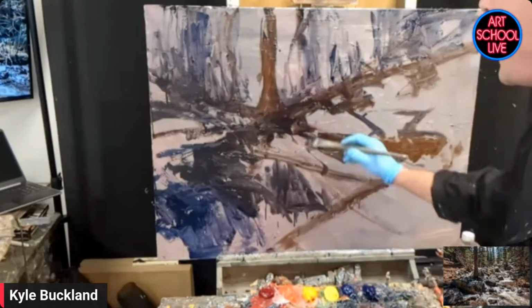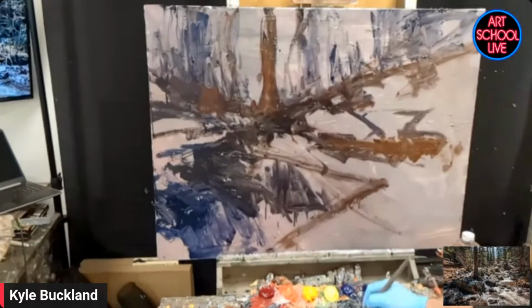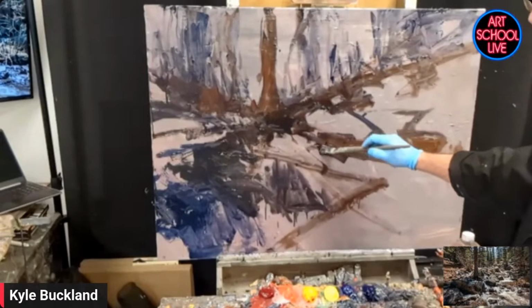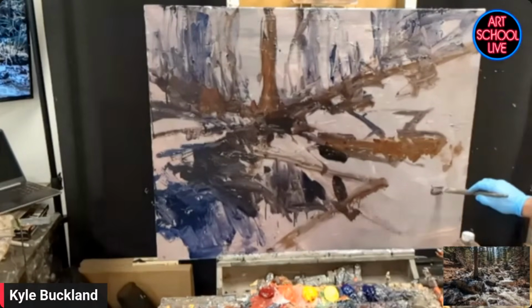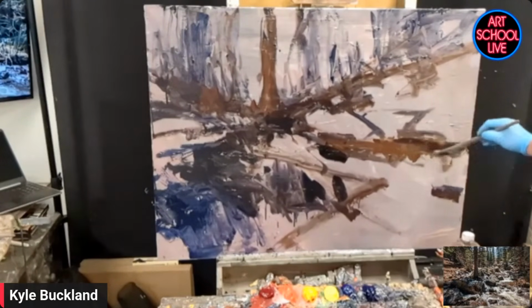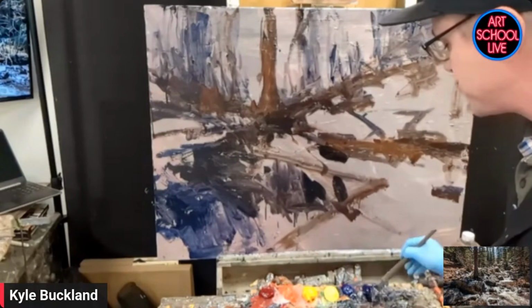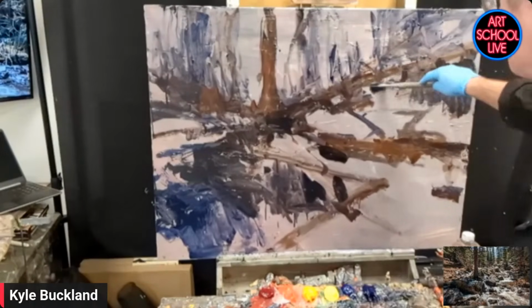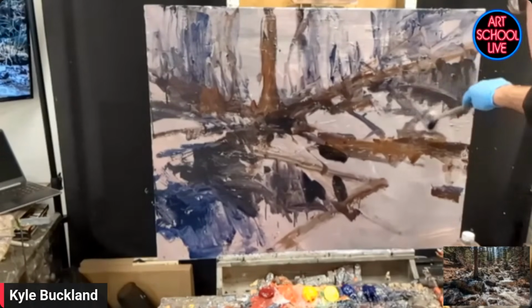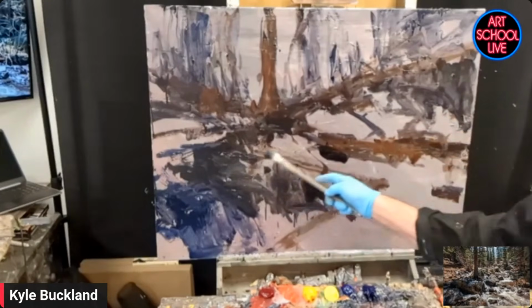It's so important to tie these dark shapes together. And what I mean by that is you'll notice that I'm creating this big dark shape. Although there's lots of little rocks and areas that are broken up in the reference photo, I'm really working hard to pull all those shapes together into one big shape, because our eye loves to follow the darks throughout the painting. So we're creating a bridge for the eye to move all